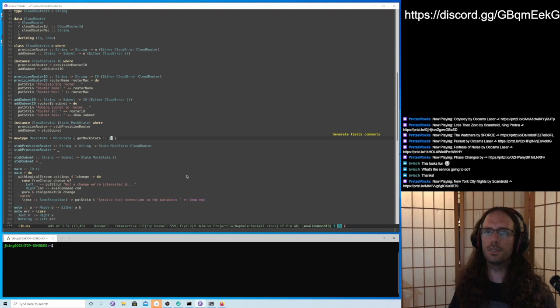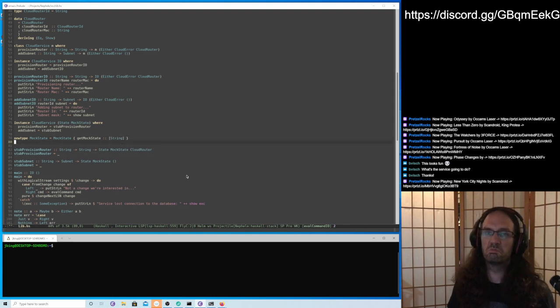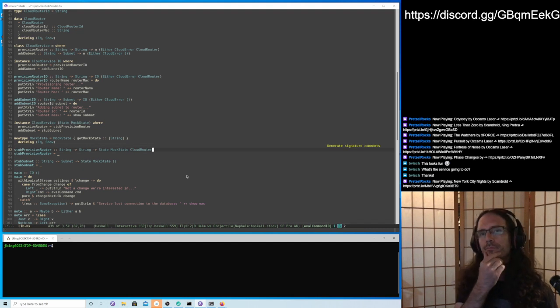And that could just be a list of strings, and derive some base classes for it. Why not? Right, so when we do this stub provision router, we're going to basically come up with kind of a convention